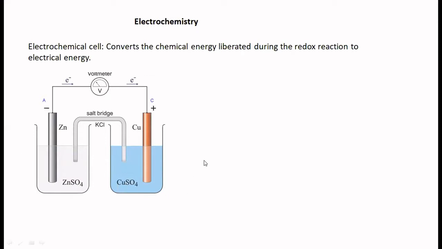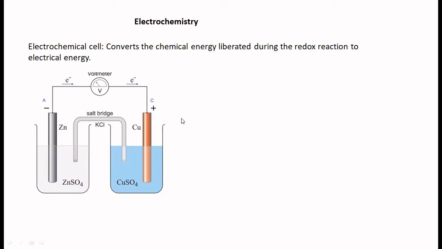You can see that the zinc electrode is the anode, the copper electrode is the cathode, and electrons move from anode to cathode, and the conventional current moves from cathode to anode. Oxidation happens at the anode, and in an electrochemical cell, the anode is negative because electrons are released there. Cathode is positive. We should not be getting confused. In an electrolytic cell where electrolysis happens, anode is positive, cathode is negative. That is a sign. But the reactions happening at the anode and cathode remain the same, whether it is an electrolytic cell or an electrochemical cell.